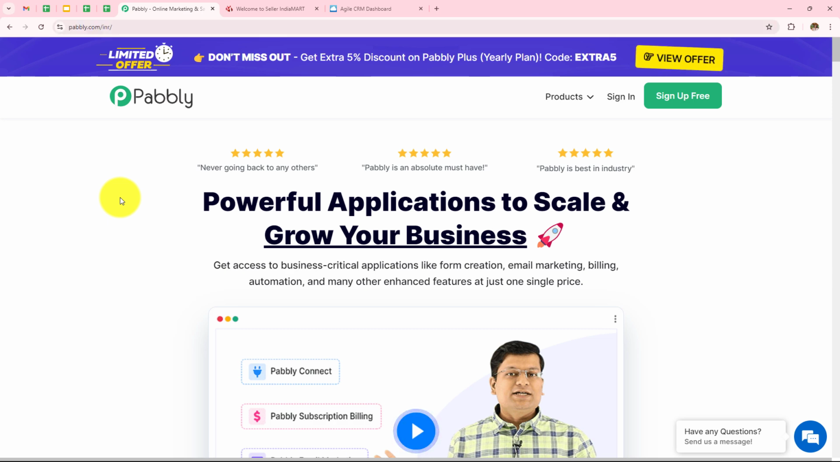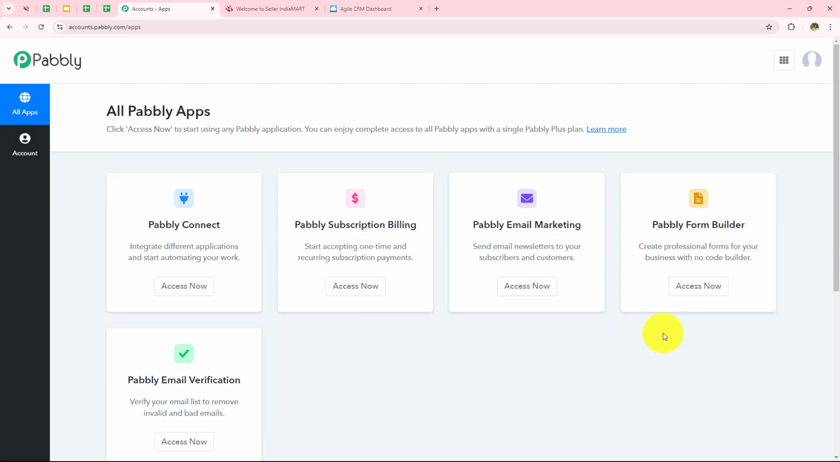After browsing the website, we need to sign into a Pabbly account. On the top right corner, you can see two options, sign in and sign up for free. If you are an existing user, click on sign in. But if you are a new user, click on sign up for free and this will give you 100 tasks free on a monthly basis. As I am an existing user, I'll click on sign in, and